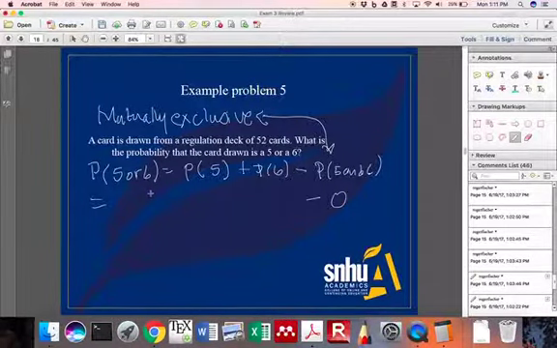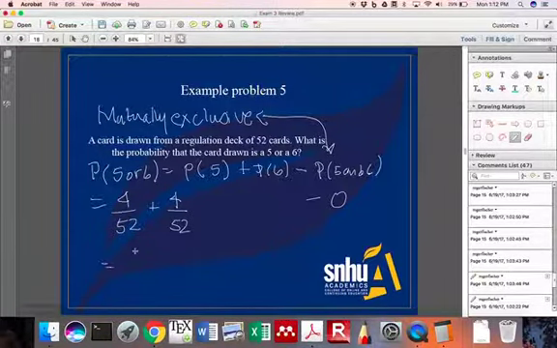Probability of 5. So let's see here. I believe there are 4 5s in a deck. Plus 4 out of 52 is 8 out of 52, which, of course, 8 is 2 times 2 times 2,